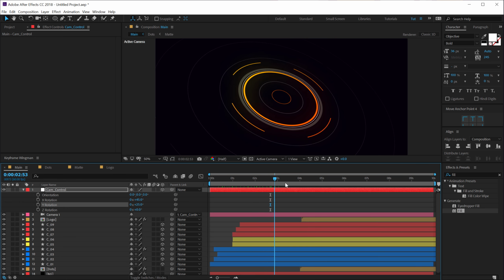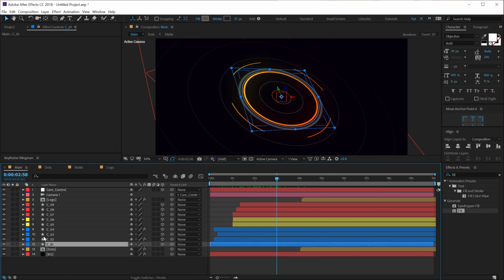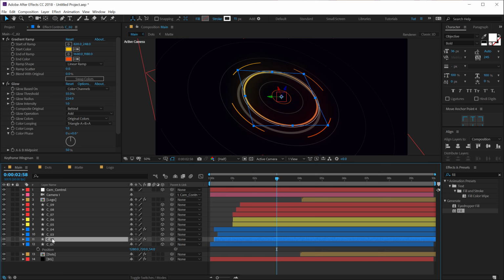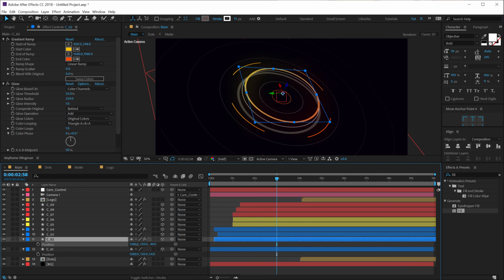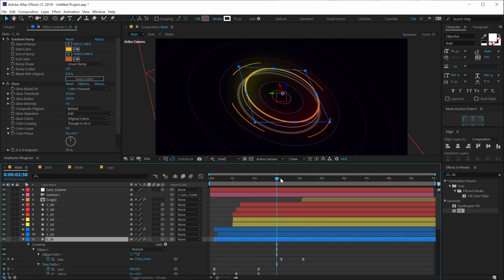Let's hit Ctrl Shift H, but still it's looking flat. So now what I can do is select the layers, hit Ctrl Shift H again, maybe hit P, and you can position them into the Z dimension. So I can just select the circle, maybe hit P, place this on the top a bit. Maybe I'll also duplicate this again, hit Ctrl D, hit U, and I'll go right over here, maybe bring that down a bit,